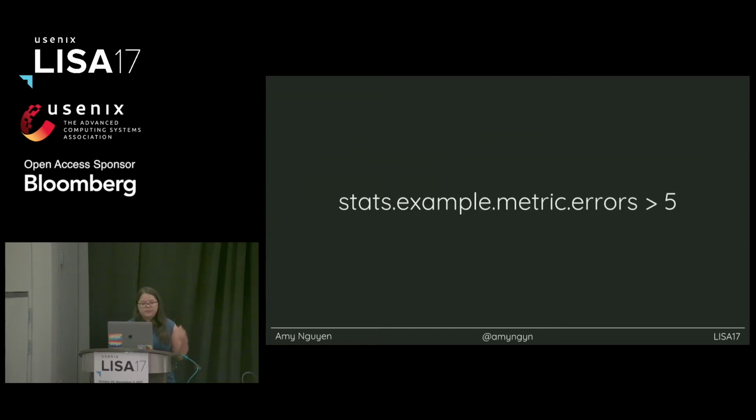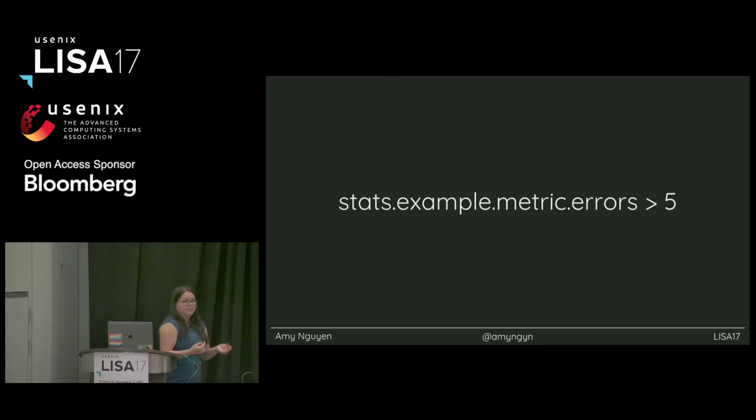So here's an example of an alert. I have a metric. I want to see when the errors are greater than 5. You think, oh, I guess that makes sense. But maybe if you've been looking at alerts for a long time, you might think, wait, what does that mean? Are you going to aggregate? Are you just checking when it passes the number 5? What happens if I'm looking at a time series metric that's really spiky, and sometimes it keeps passing and unpassing, going below 5?